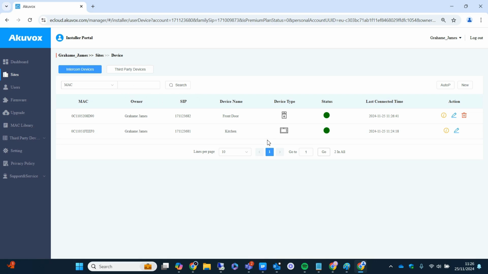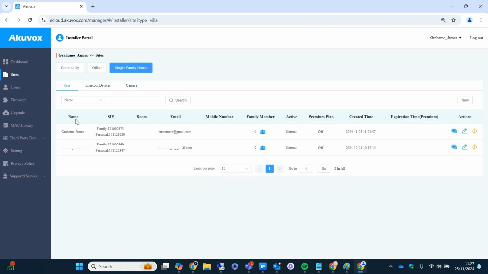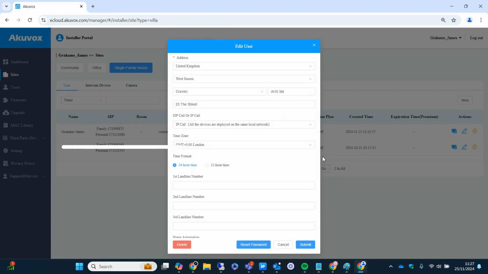That's about it. One other thing you might want to do, if you added your installer account or your installer email address, and now you want to change it back to your customer's email, if you click on Sites, Single Family House, find the customer, and then click Edit, you can now change the email address here. You can also, if you did choose SIP call or IP call incorrectly, change that there